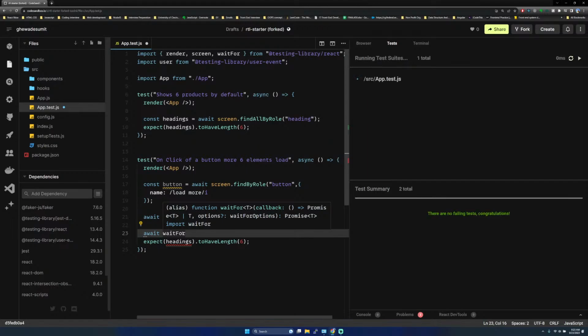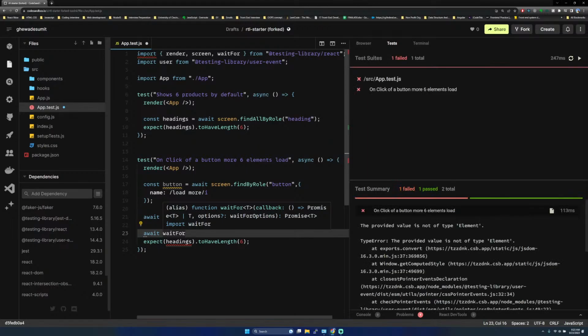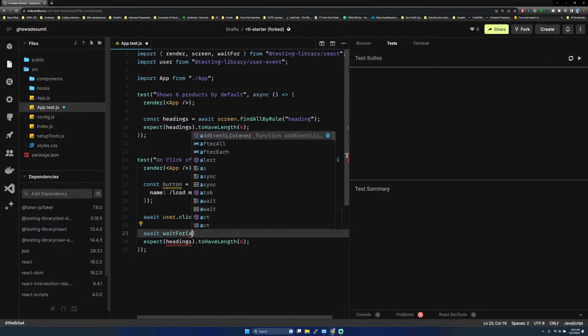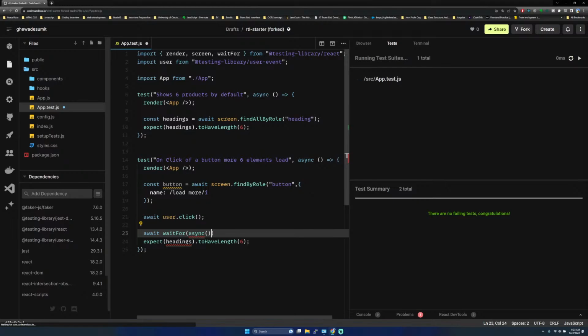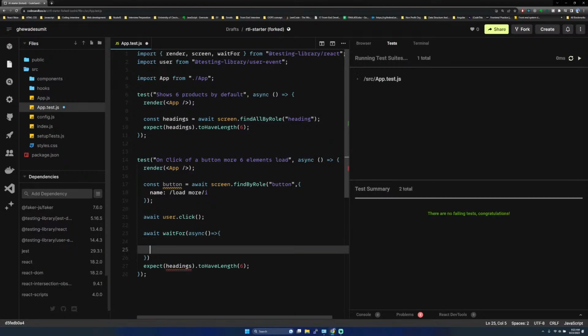So waitFor is a function which takes in a generic and a callback, which returns a promise of a generic type. And there is also an options object, waitForOptions. Okay, so as it's returning a promise, what we can do is await